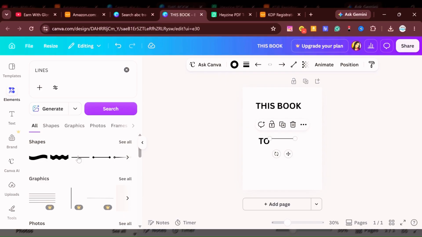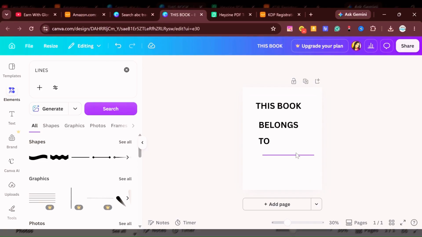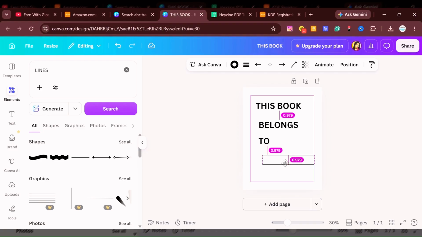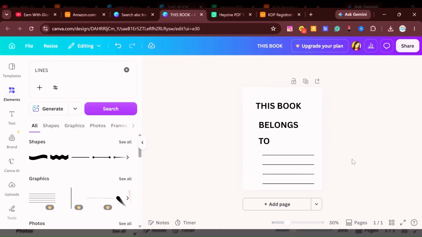So I'll drag it and put it here, and you can make it a little bit longer. You make sure it's in a straight line, and you can go ahead and duplicate this so that you can have maybe like 2 of them or 4 of them. So it will depend on you. And that is going to be the first page of our